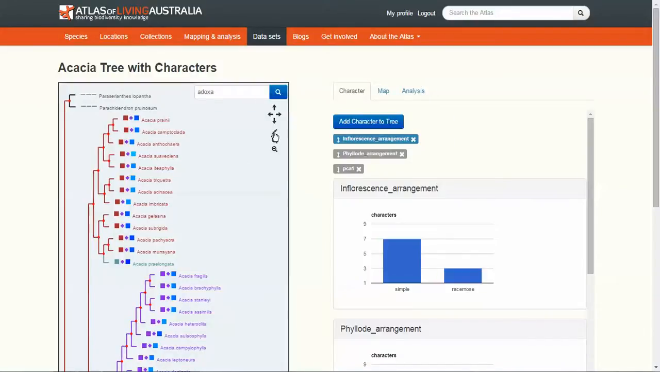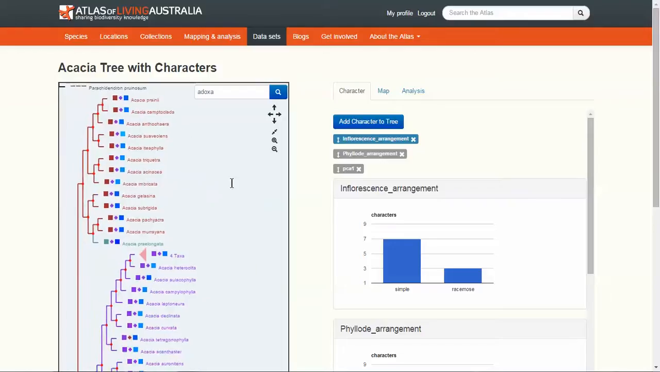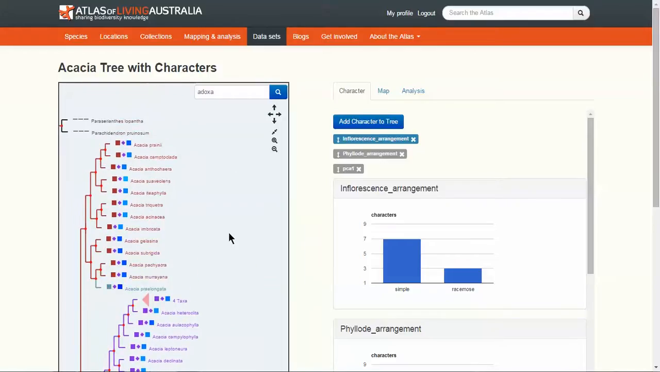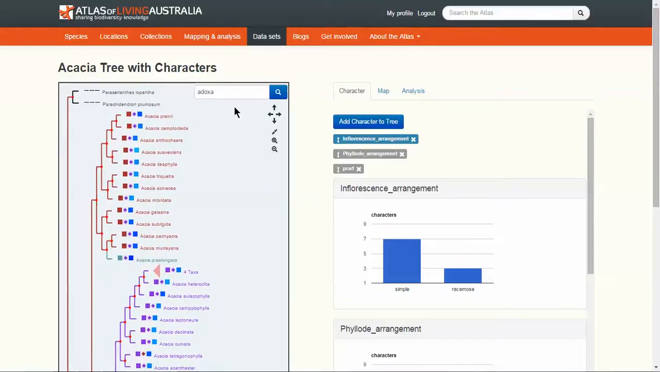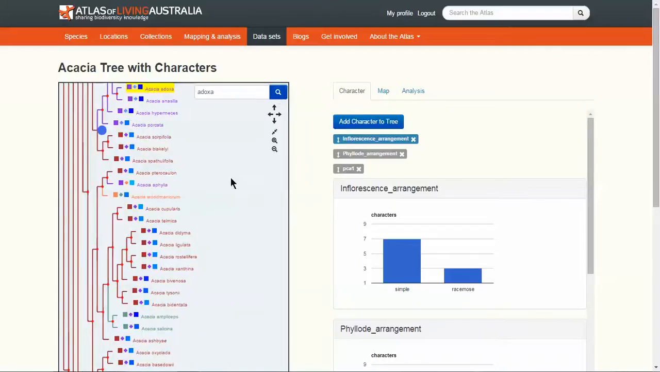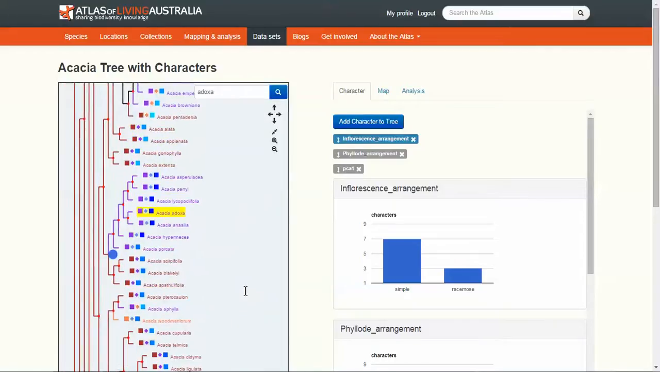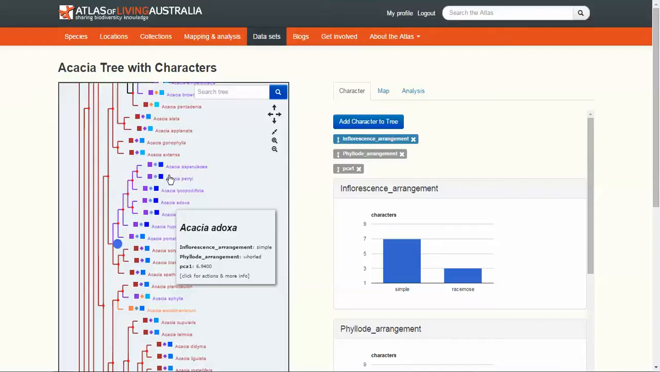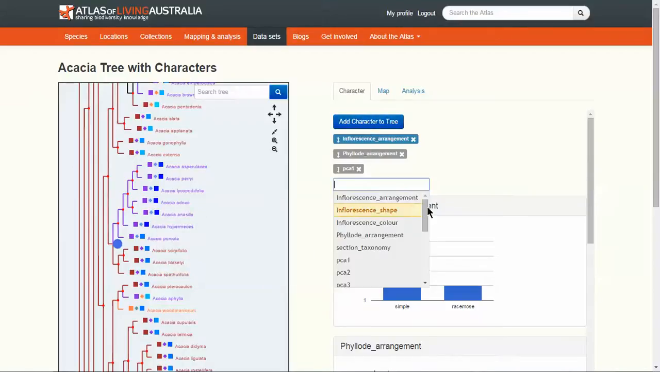The user can use their mouse to navigate around, up and down the tree, and expand and contract clades. We also can use a search function to find a particular species and move it into the center of the screen. As you can see, the tree is colored and has symbols on it. This is because we have correlated to the tree many character states that we uploaded when we uploaded the tree